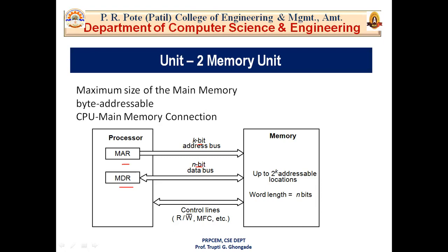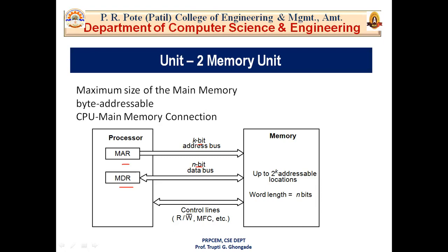Now what is this 8 bit, 16 bit, 32 bit? It means if your address bus is 8 bit, there are 8 lines of wires, and each wire will transmit 1 bit. So if 8 wires are there, it will transfer 8 bits. If your address bus is 16 bit, there is a combination of 16 wires, and each wire will transmit 1 bit. Likewise, it will transfer 16 bits.